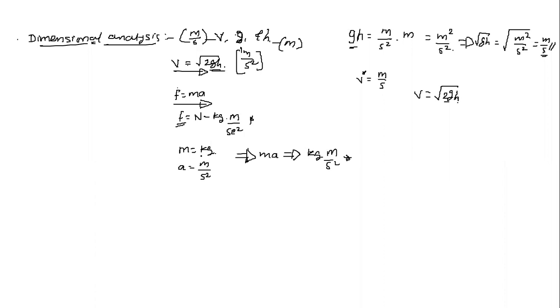It means that for finding the functional relationship between force, mass and acceleration, those three physical quantities, we have taken the help of the dimensions of the force, the dimension of the mass and the dimension of the acceleration, and we developed the relation F is equal to ma. It was previously developed, but for cross checking we have taken it once again. So this is nothing but dimensional analysis.